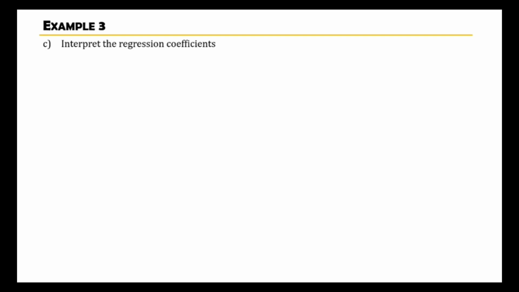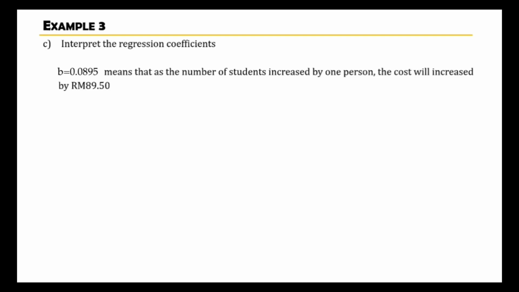C, interpret the regression coefficients. B equal to 0.0895 means that as the number of students increase by 1%, the cost will increase by Rm 89 ringgit and 50 cents. A equal to 1.3932 means that when there is no student registered, the cost is Rm 1,393 ringgit